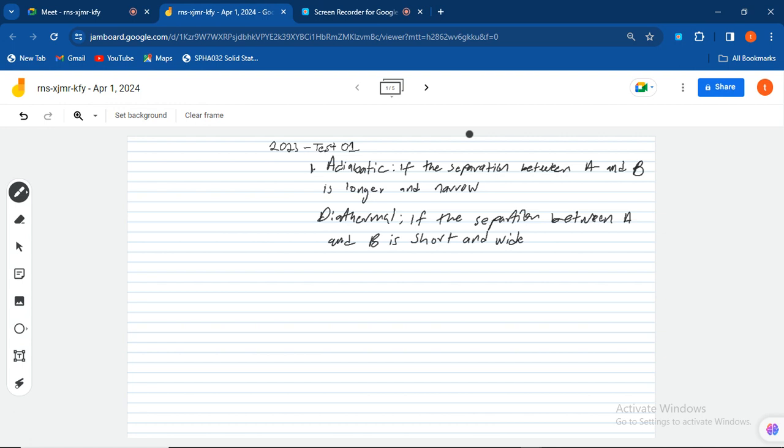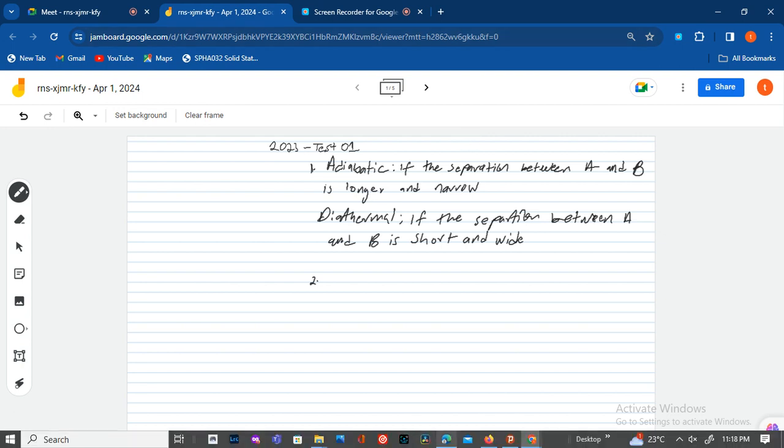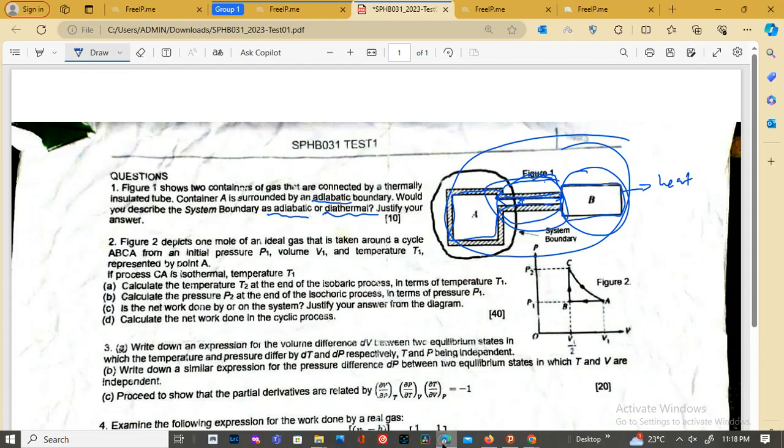That's one of the strange things about this module. Doesn't matter how big the question is. If you deserve 10 marks, you'll get it. Then we move to the next question,